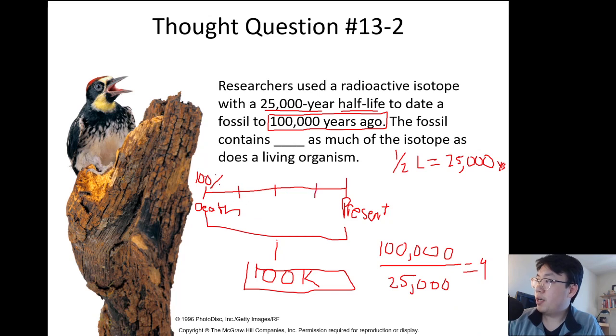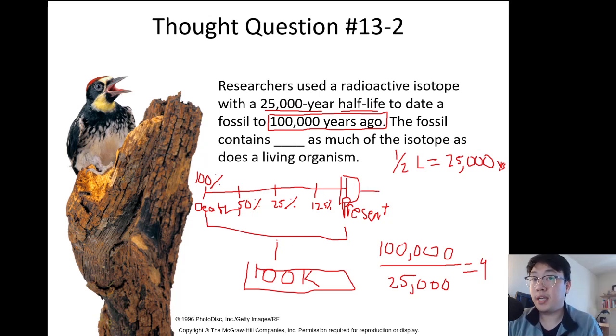Okay, so I know I'm at 100% right here. The first half-life, I'm now down to 50%. The second half-life, I'm down to 25%, because that's the second one. The third half-life, I'm down to 12.5%. Yes, 12.5%. So right when we hit that fourth half-life mark,